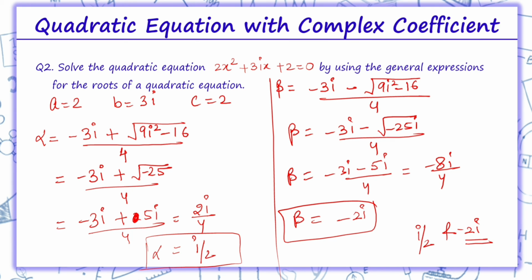So this is how we have completed the quadratic equation chapter today. We have studied what a quadratic equation is. We have studied two methods to solve quadratic equations, that is the factorization method and the formula method. We also studied how to solve quadratic equations with real coefficients, coming on to complex roots, and how to solve quadratic equations with complex coefficients, in which we will get complex roots.